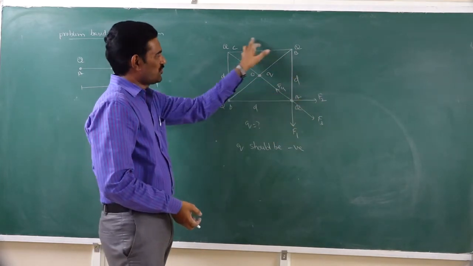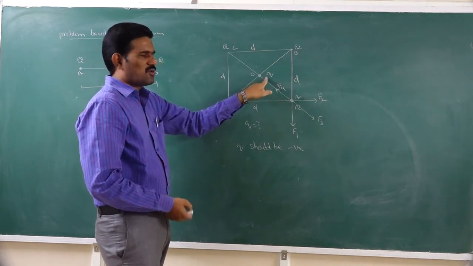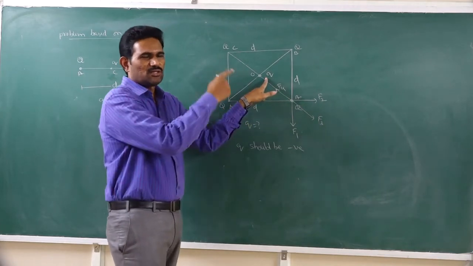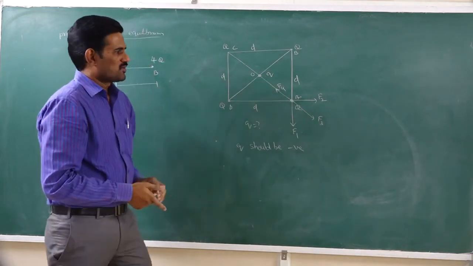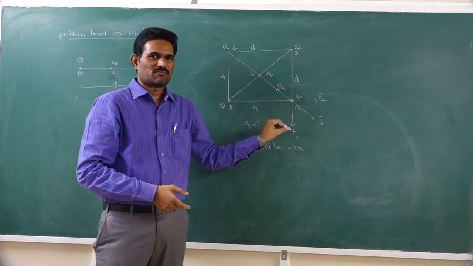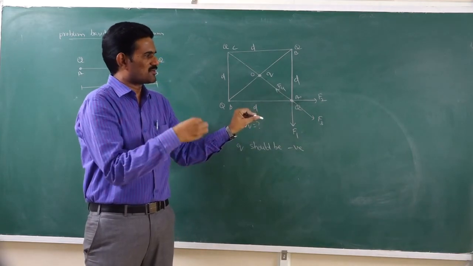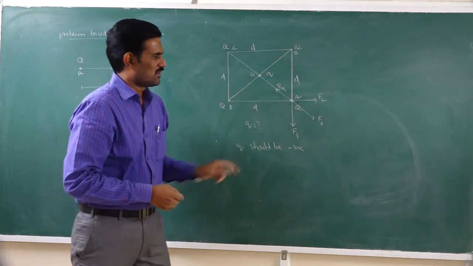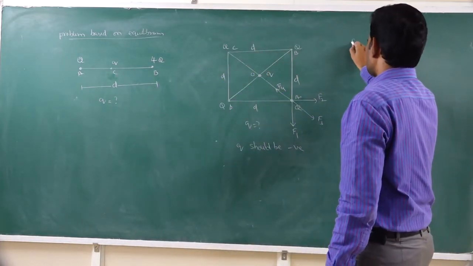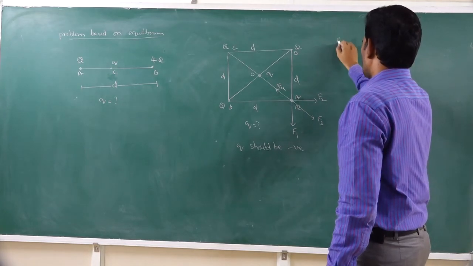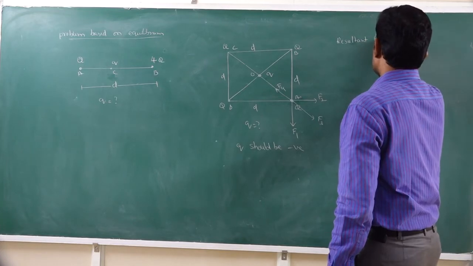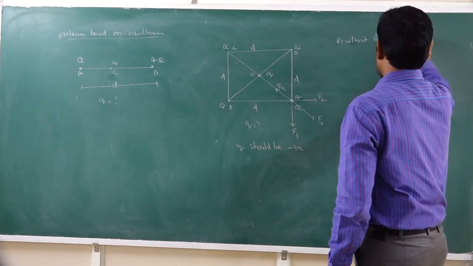Now the resultant of this F1, F2, F3 we need to find. That will be the force due to the given distribution. Now this small q is the additional charge we are placing at the center of the square such that the entire system is in equilibrium. So first let us find the equilibrium of this problem. This part we already solved in the previous classes. When the 4 charges are placed at the corners, we need to find the resultant force on that. So first I am doing the calculation for the resultant of this configuration. That means I am finding the resultant of F1 and F2 first.